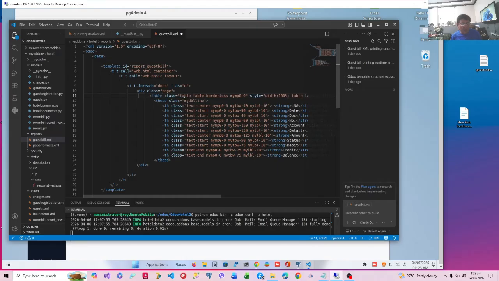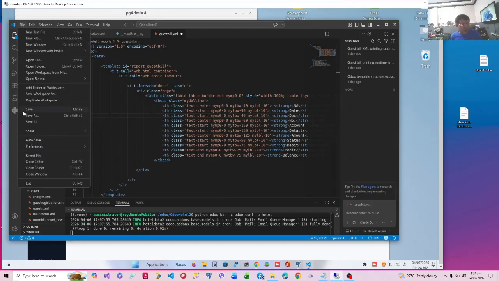The header is identified by the t head tag. We will only have the header first. We will insert the body later. I'm sorry for that. So let's explain this. We are containing a table with a header.